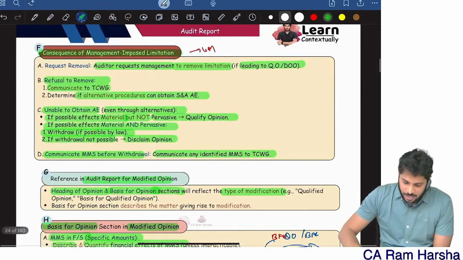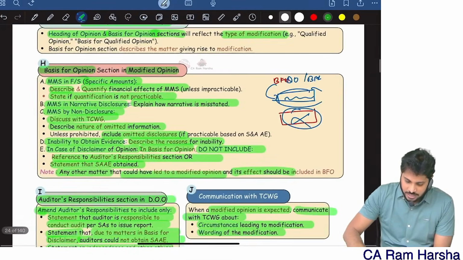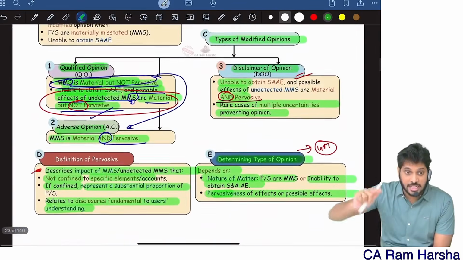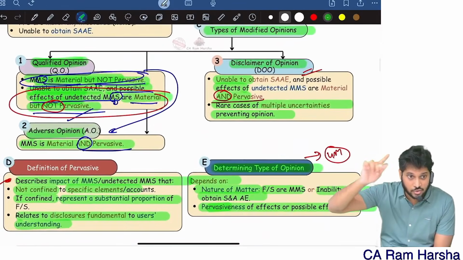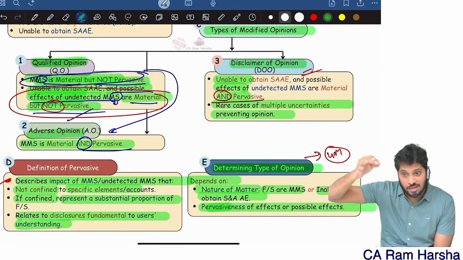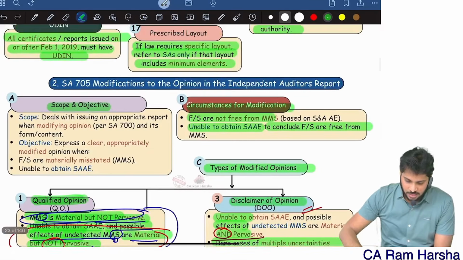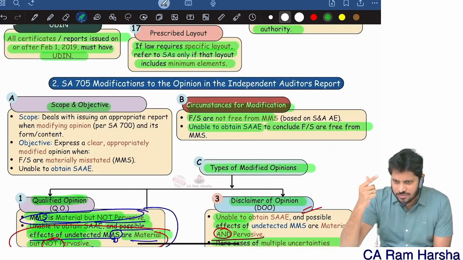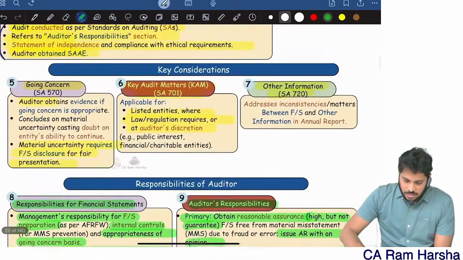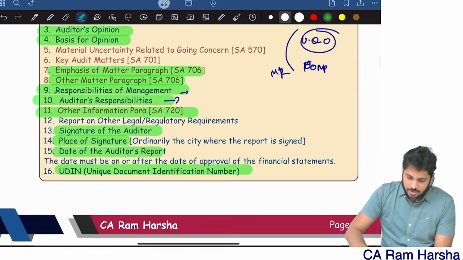Then you see, emphasis of matter paragraph is completed, other matter paragraph is completed. Remember, I told in the main marathon a detailed example on SBI, joint audit, branch audit, 6,000 branches. Head office, 12 joint audits. That entire comprehensive example I have taken. Next, in the revision also it is there, no? Audit marathon revision also it is there. In class obviously I'll tell. Now other matter paragraph is also completed.